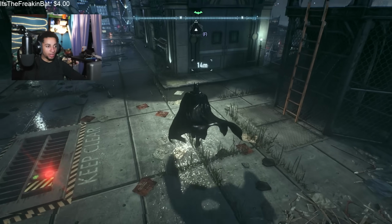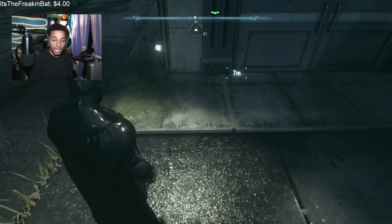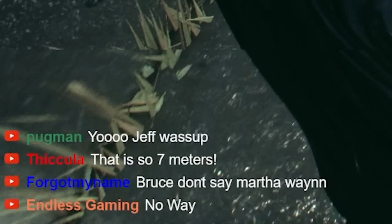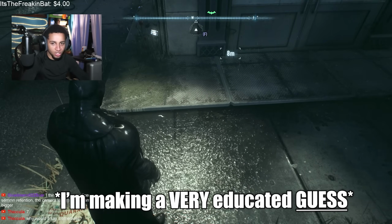I know this measurement scale is off, because this is not 7 meters. That is not 7 meters. Yes or no? Is that an actual 7 meters? I've seen a meter stick. That is not 7 meters, bro. No, maybe 2. So knowing this, we could take the game saying that this is about 8 meters and translate